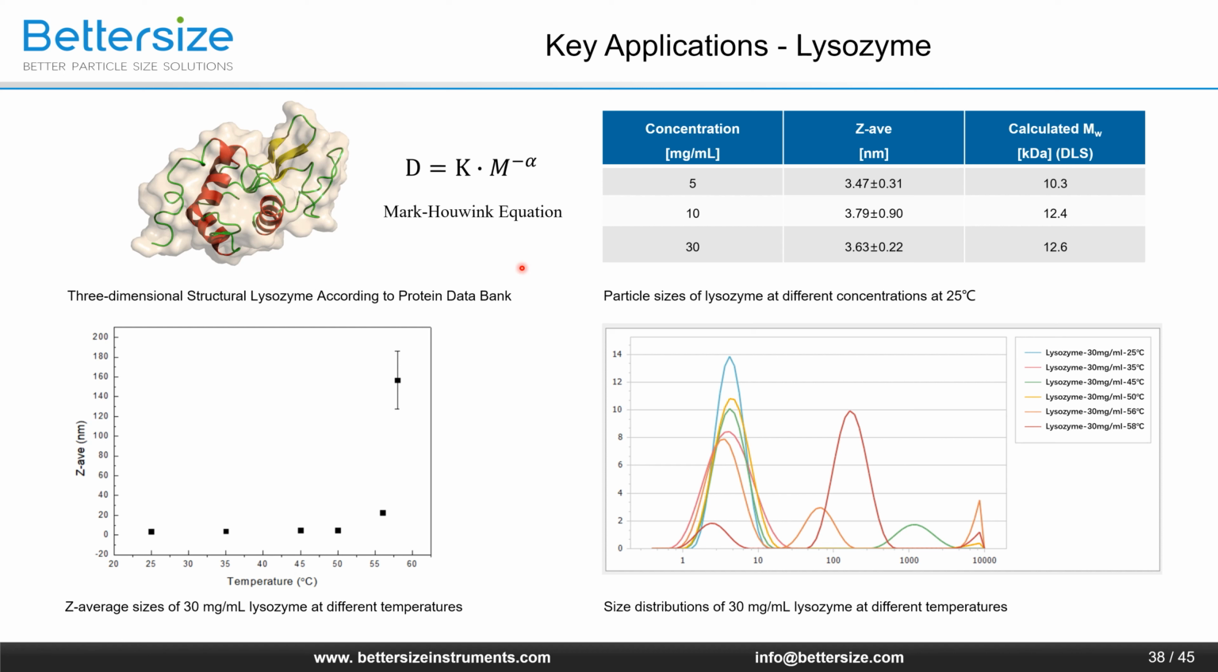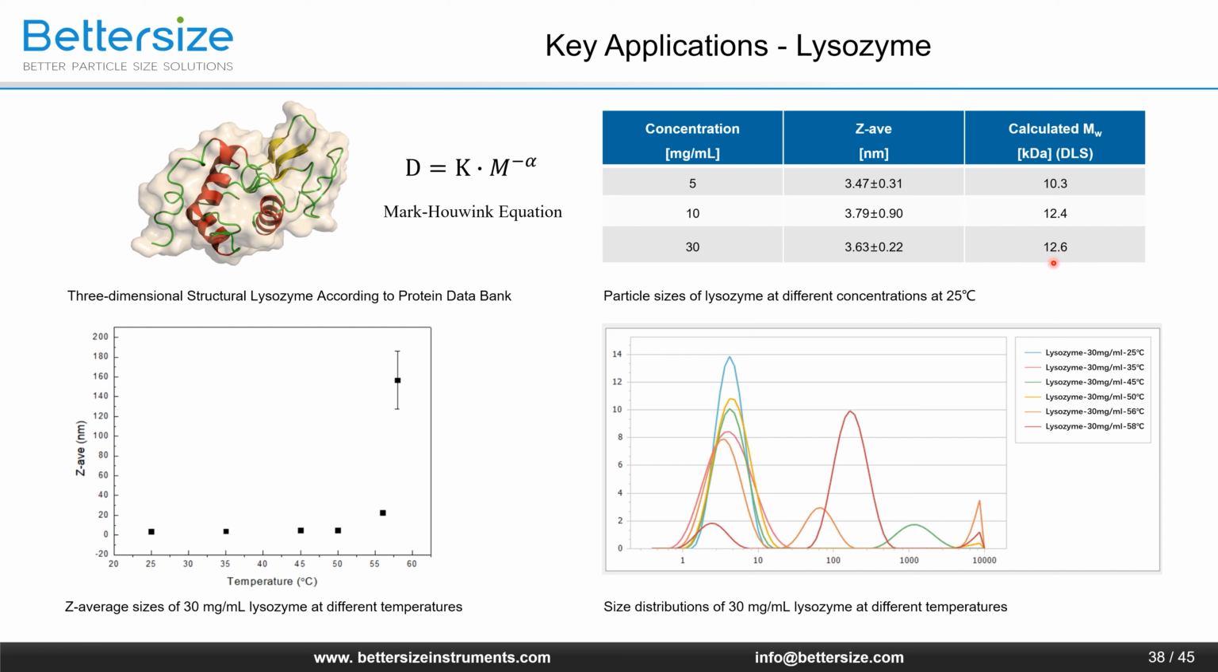The BeNano was used to measure the particle size and molecular weight of lysozyme in this application. As shown in the table, the particle size was measured to be around 4 nanometers. The molecular weight of lysozyme was calculated through the Mark-Houwink equation using the kappa and alpha constants of lysozyme. It can be seen that the calculated molecular weight of lysozyme at the concentration of 30 mg per milliliter was very close to the literature value,